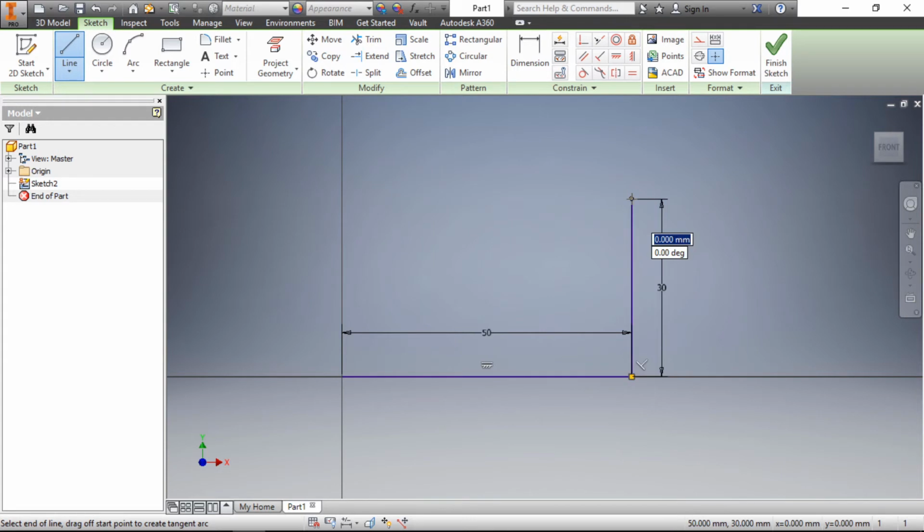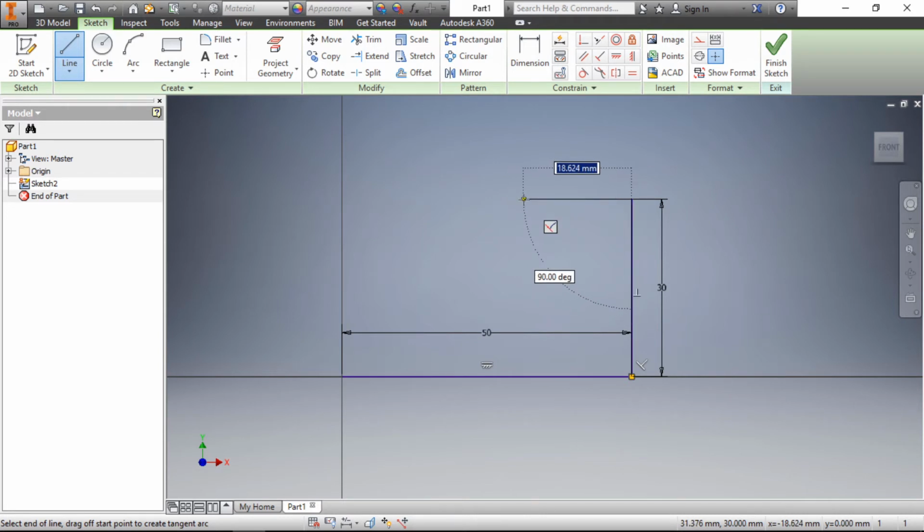30 mm. Now if I want to draw another line from the last line, move the cursor to the right side or left side as per our requirement. If I move the cursor to the left side and draw a line again here, and make this line horizontal, then again it will show the perpendicular constraint with respect to the last one. But this is the third line, not as earlier when we drew two lines, so this perpendicular constraint will show with respect to the second line.